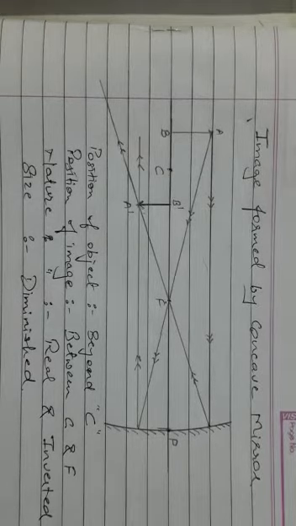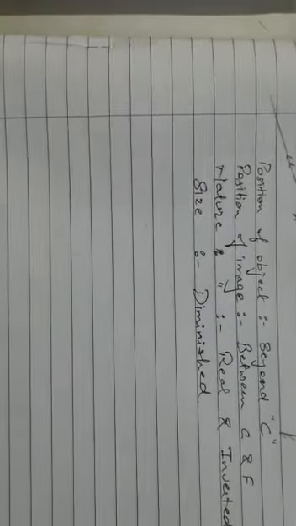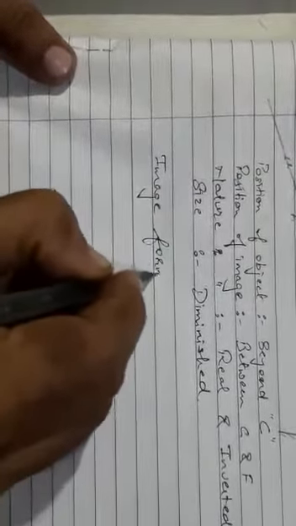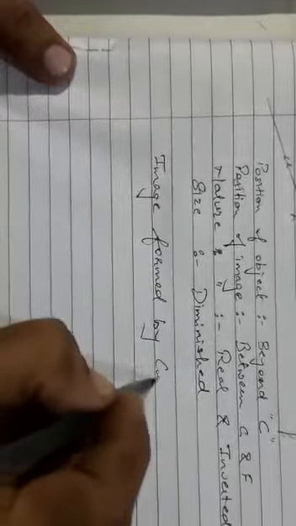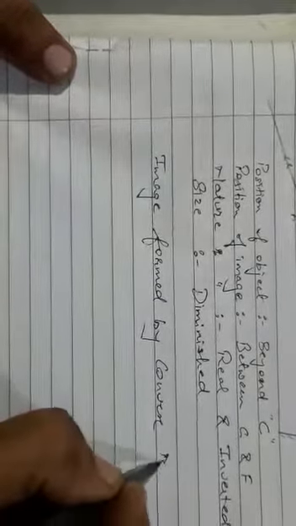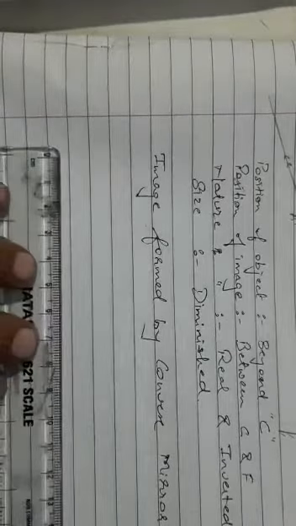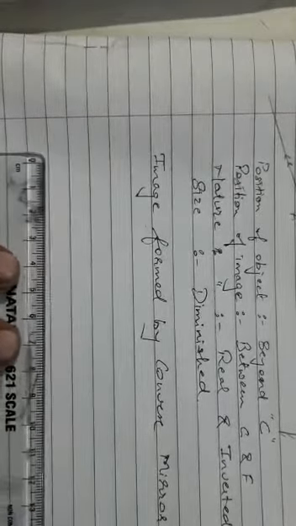Fine. We are going to start with another one, the image formed by a convex mirror. Here we are going to draw in the same manner, but the thing is that we are going to have the focal length and center of curvature on either side. So for this, we are going to draw in the same manner, but the focus is going to change. On the other side, we are going to have the 10 centimeter as center of curvature on the back side.